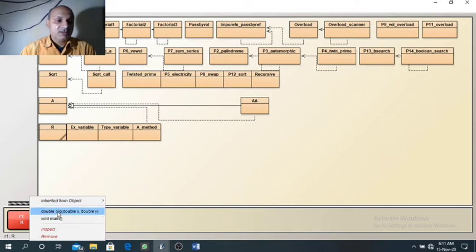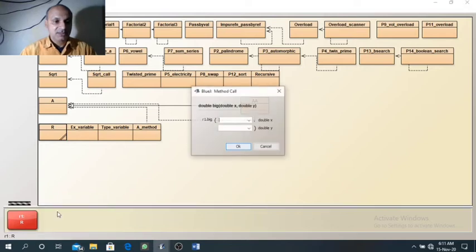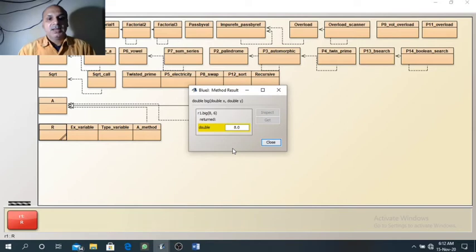When we run the big method, let us see how to execute big. The big method receives two arguments x and y. When we pass two arguments 8 and 6 here, then it will show the return value 8, which is larger.